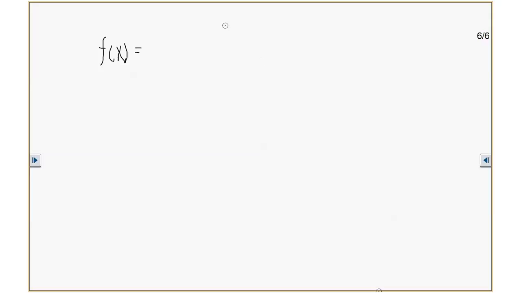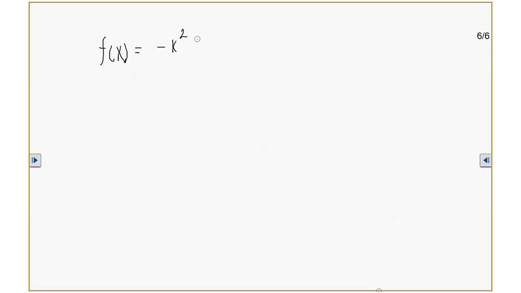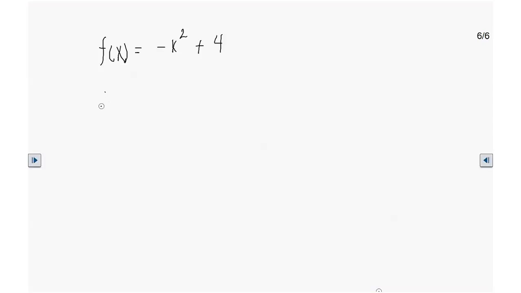I'm thinking. I know it's hard for me to do. How about negative x squared plus 4, and y is equal to f of x, or g of x